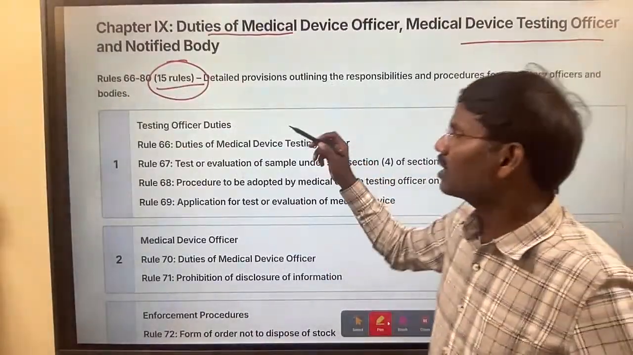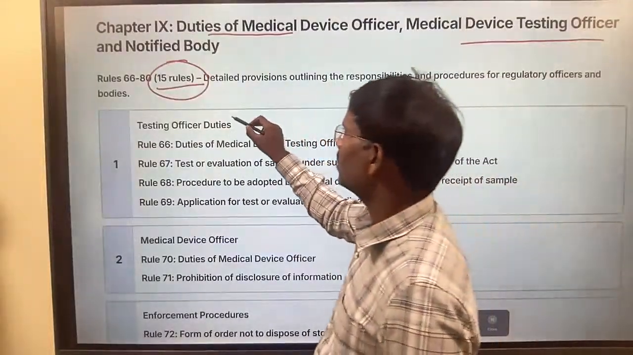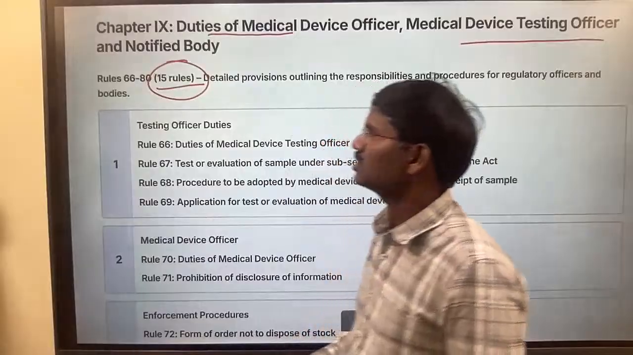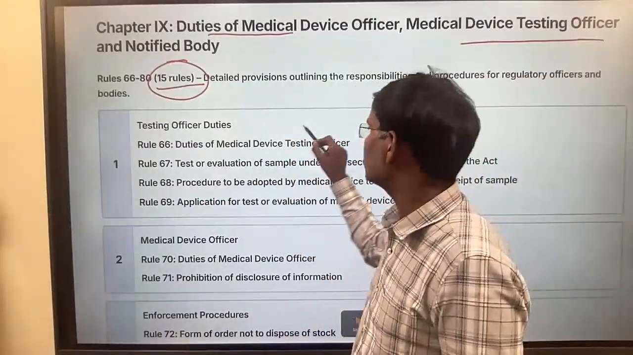So here, what are the duties? Your duties will be explained in chapter number 9. So the 9th chapter explains about duties. The rule numbers are 66 to 80. Okay, 66 to 80. So 66 to 69 is the testing officer duties,